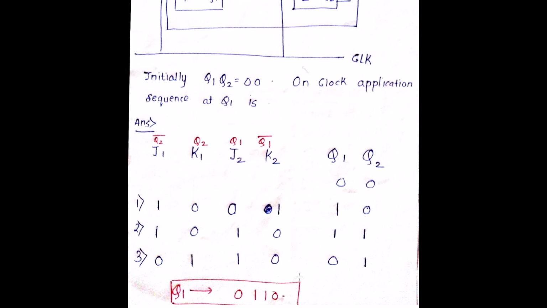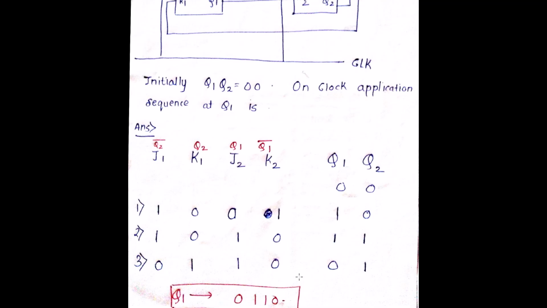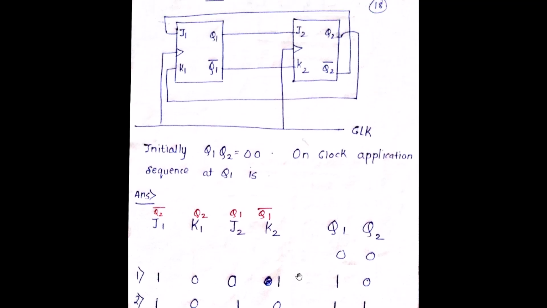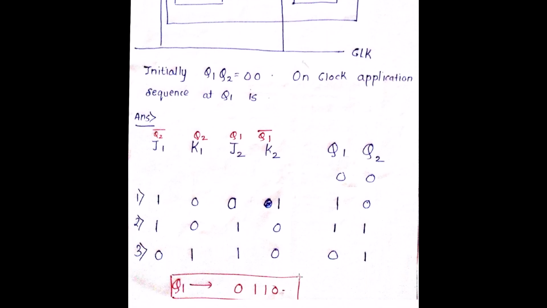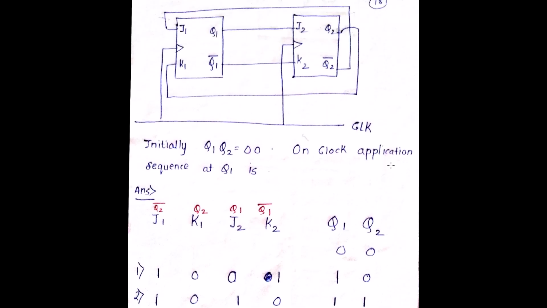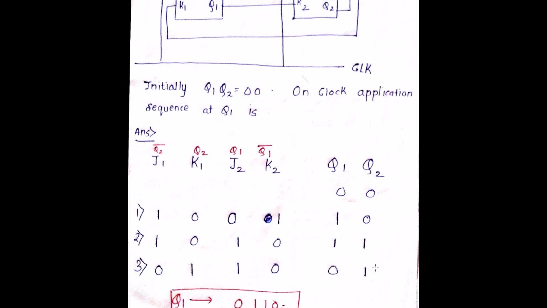So I hope that you understood the concept clearly and you are getting a better understanding about the same. So this is something very important. If a diagram is given to you, just write down the inputs which are there, just write the output, set the initial output to 0 and 0 as they are mentioned over here. Just see the connections going to J1, K1, J2, K2, and see the respective output, and you will be able to get the answer.